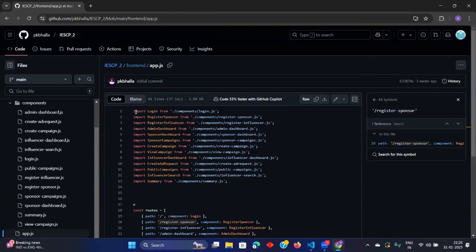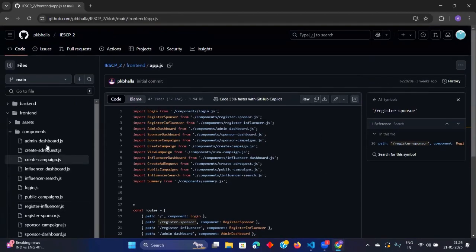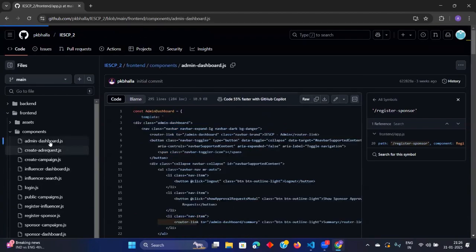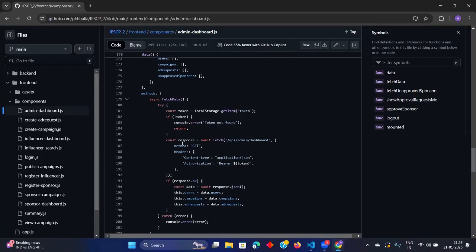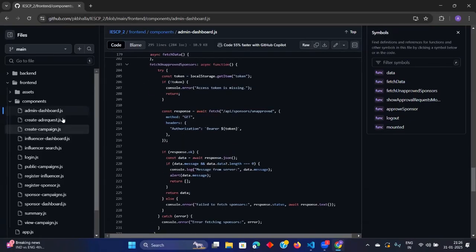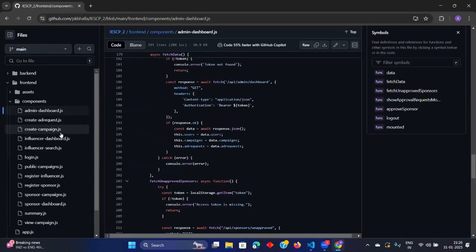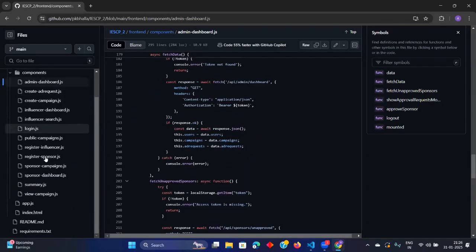In that scenario, I will not be importing these things. I will be just attaching all these template codes in a single file as a component and not separating it. This is just for modularity. We have done this. Like the same way, let me show you the backend first. Not backend actually, let us go to index first.